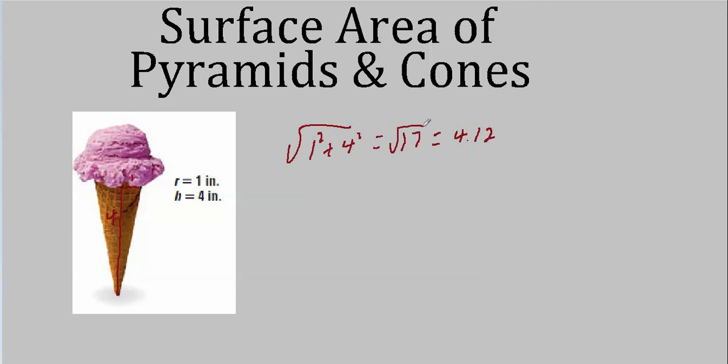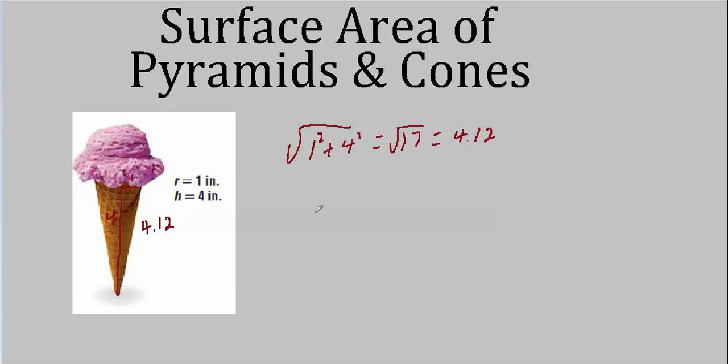You see, this leg is pretty small compared to this one, which means that this hypotenuse here isn't much different from this, so the slant height isn't much different from the height. And if you did it the wrong way, using the height, naturally your answer isn't going to be very far off. Nobody would know that you actually did it wrong, except anyone who actually looked at the way you did the problem. But from the answer, if you were to compute this using 4 as the slant height instead of 4.12, your answer is going to look like it's pretty much right.